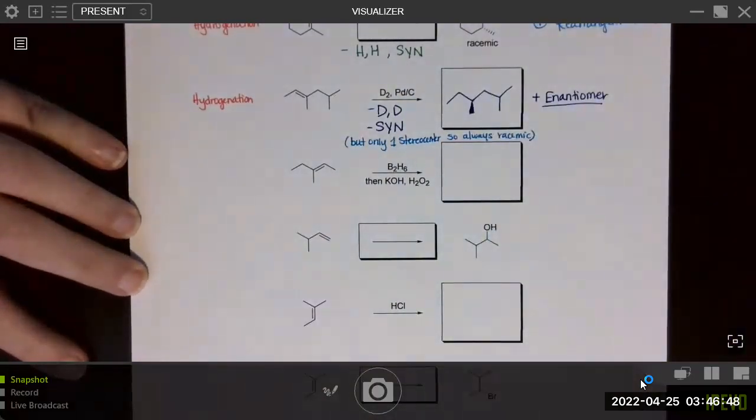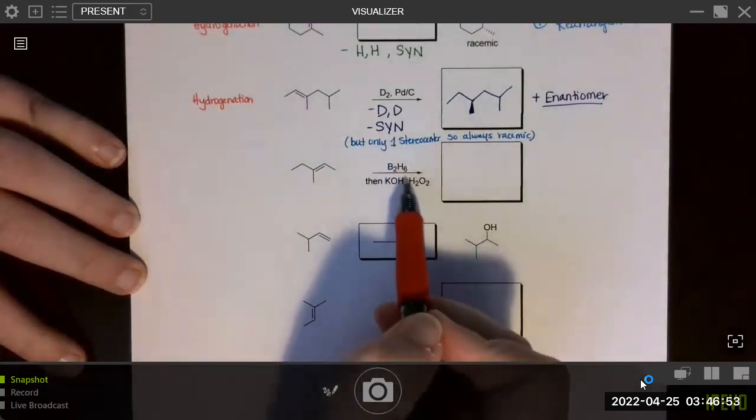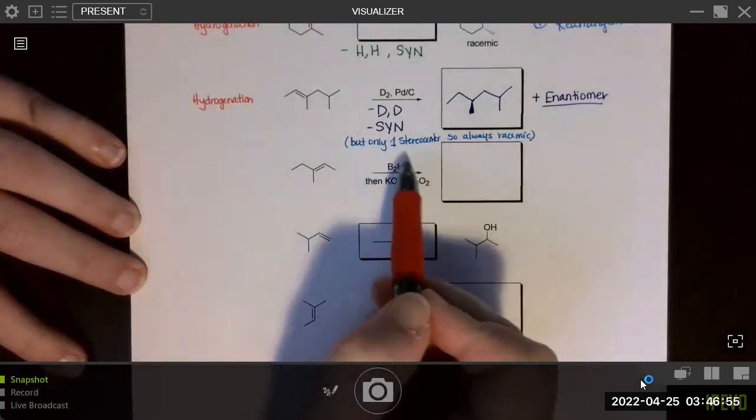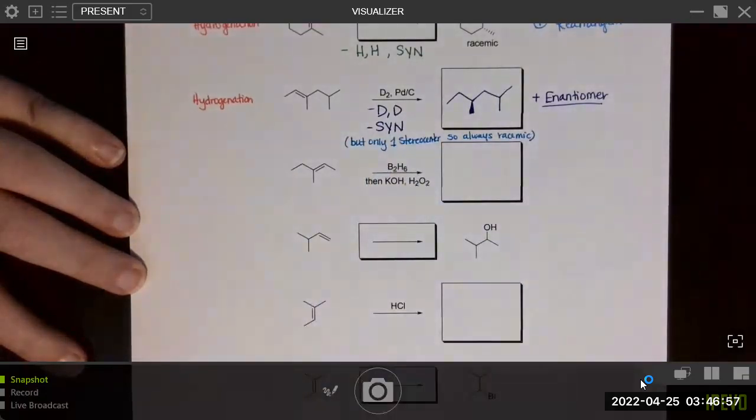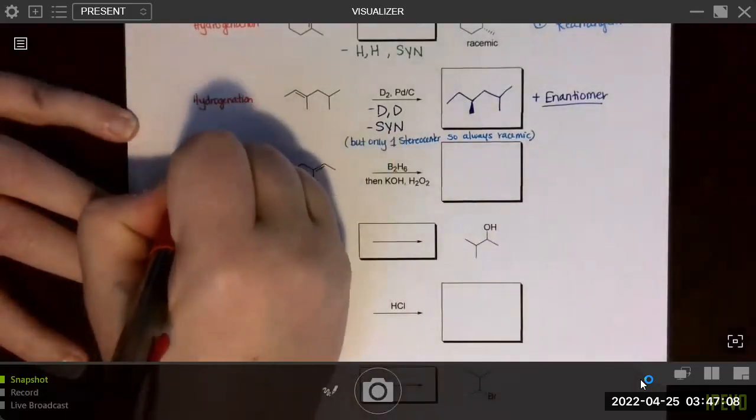All right, the next one. This is a different way of writing BH3THF. They haven't included the THF solvent here, but this is just diborane instead of borane. And that's where borane comes from. You can make it from diborane. So this is just a hydroboration oxidation,